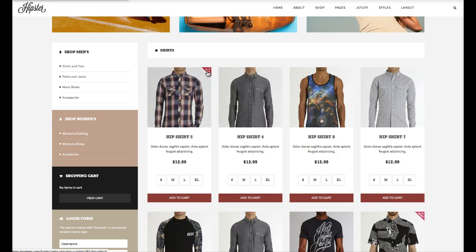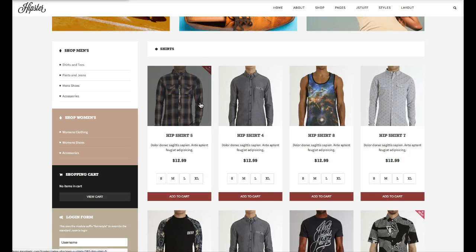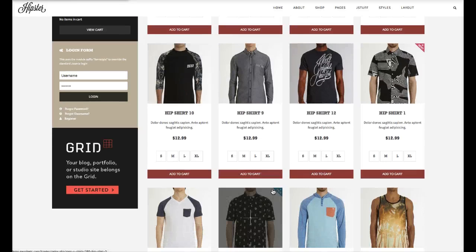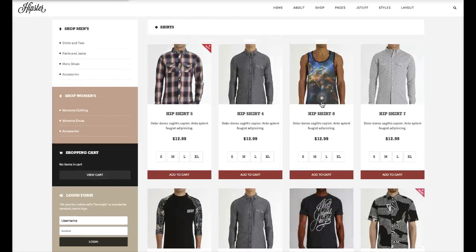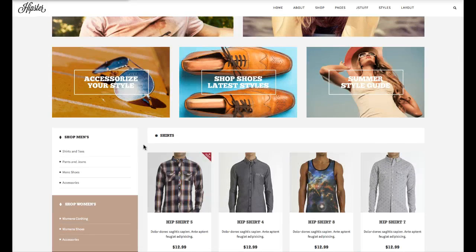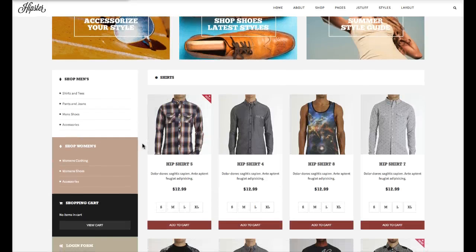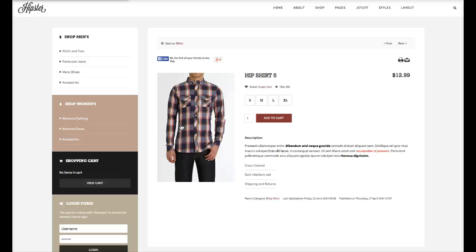And as you see, we do have little tags that you can put in here, and these are just div classes put into the intro text, and we've got them for a bunch of different styles. You know, the pick of the week, new, percentages off, and you can read all about that in the full documentation. So we'll go ahead and select this shirt here,